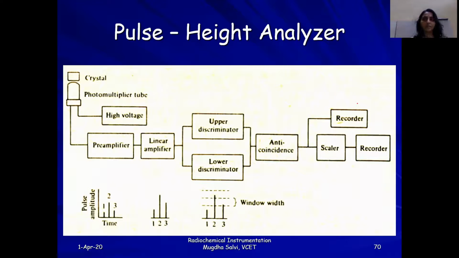That is all for today's radiochemical methods. What we have seen is what radioactivity is, types of radioactive material, and types of radioactivity, that means alpha, beta and gamma, their properties and their differences. We also saw the units for radioactivity. Then we saw the detectors for radioactivity: ionization chamber, proportional counter, GM counter, and lastly the scintillation counter and the semiconductor detector. Total 5 detectors we saw. And lastly, we looked at the pulse height analyzer.